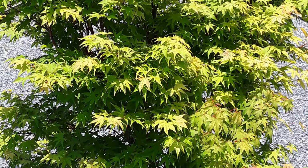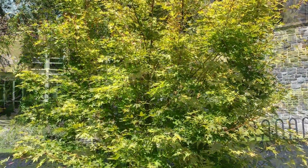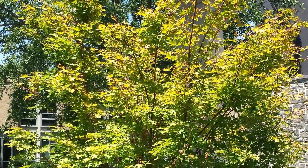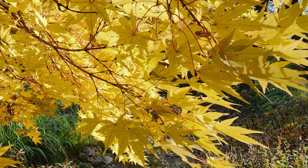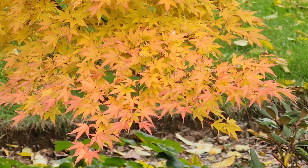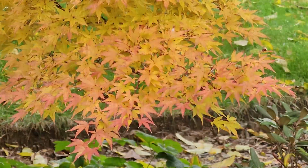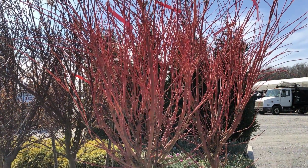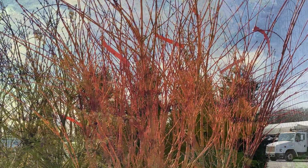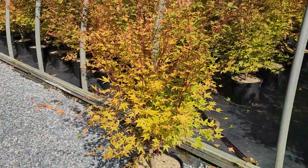Comes out in springtime with yellowish young growth that's pinkish tinged, green during the summertime, but now in autumn takes on this spectacular butter yellow and canary yellow colour with orangey tints, and then in the wintertime these beautiful bright red stems. Hardy to zone 5, it's an excellent variety that we've been growing for many years and certainly